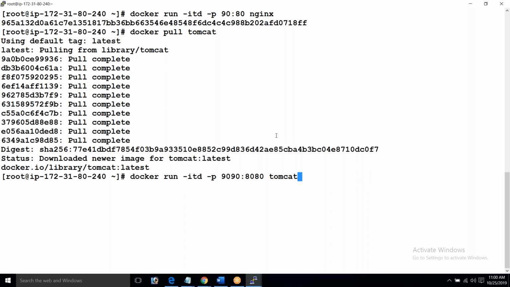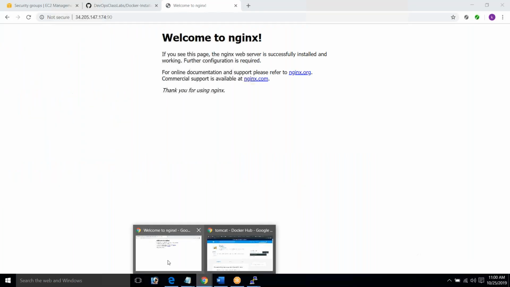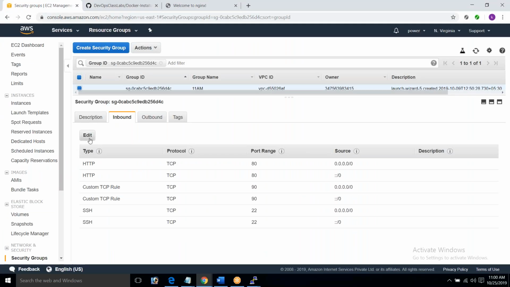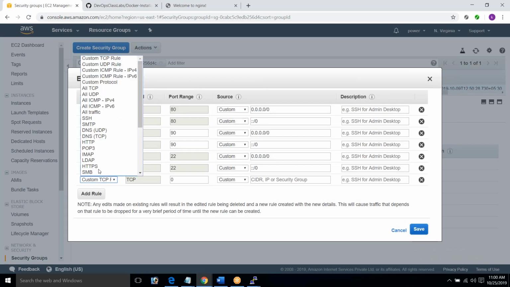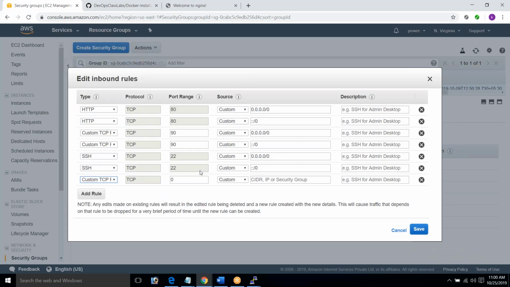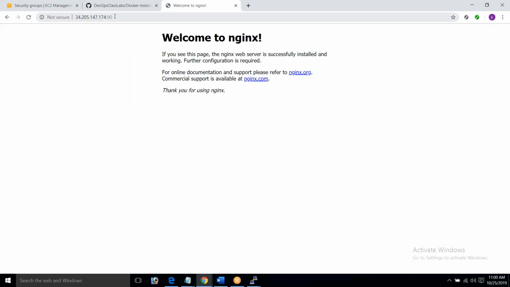From the physical world, I will reach out to my physical server IP address colon 9090, and that request should go to 8080 of my Tomcat. But before I run this, let me show you, edit port, custom TCP rule. I had to open port 9090, anywhere, save.